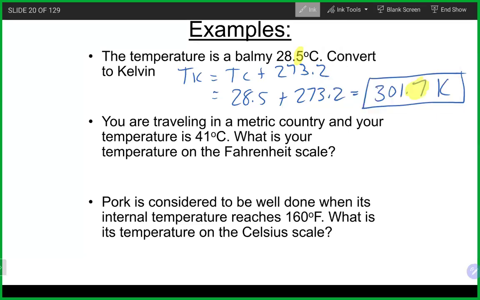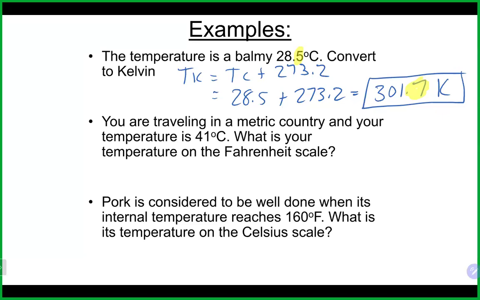Looking at the next one here, we have degrees Celsius and we want Fahrenheit. In this case, the temperature in Fahrenheit is equal to 1.8 times the temperature in Celsius plus 32. So that's going to be 1.8 times our 41 plus 32. So we'll go 1.8 times 41, hit equals, add 32. And that's going to give us